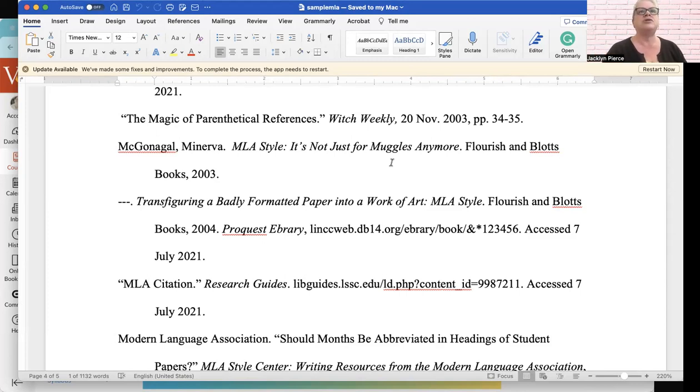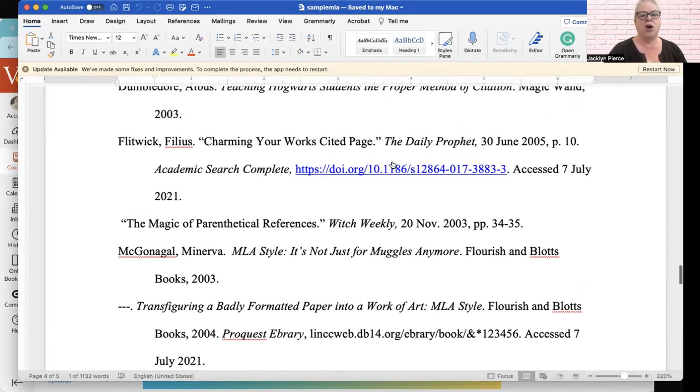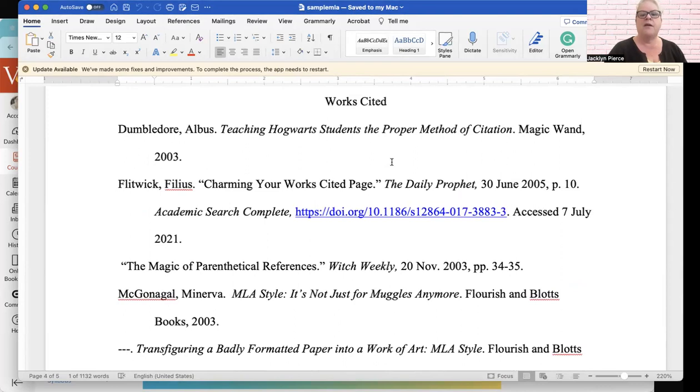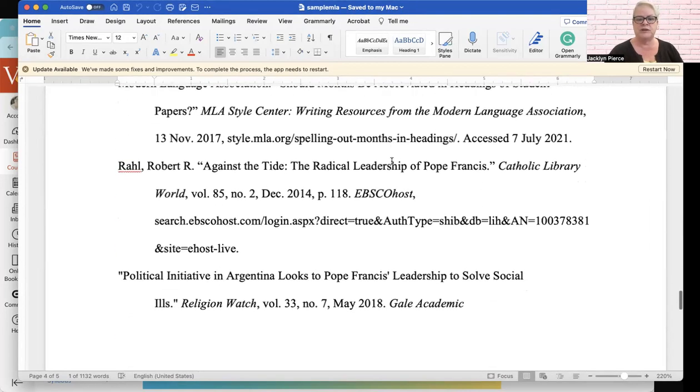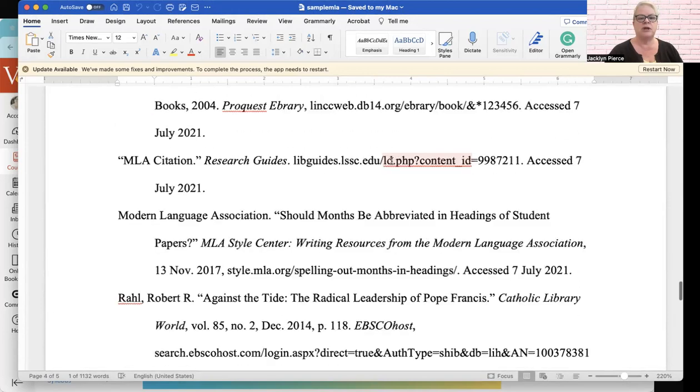But essentially, the main thing to keep in mind is that if it is part of something larger, like an article in a magazine, then the article title gets quotation marks and the magazine title gets italics. That's kind of the best way to think about them. So all books would be italics. All websites, it depends on what part of the website entry you're looking at. Let me see. I'm sure she's got one on here. Does she? Maybe she does.